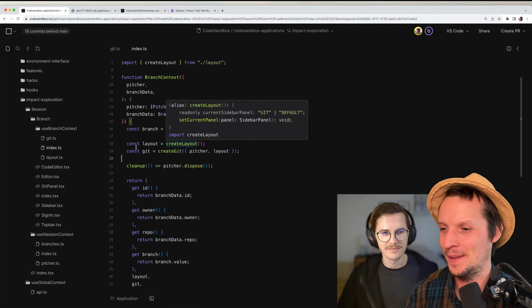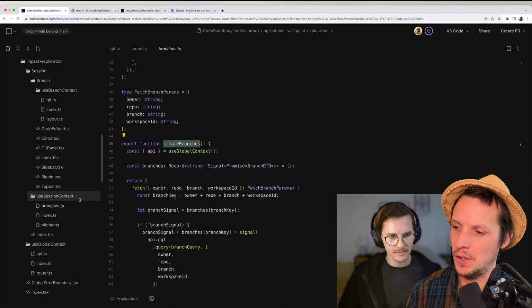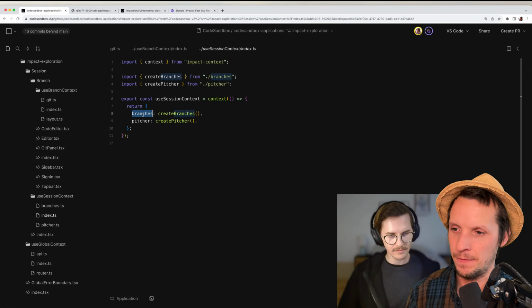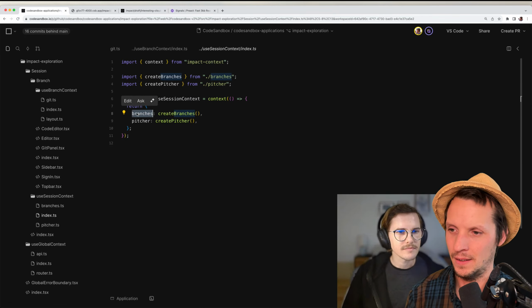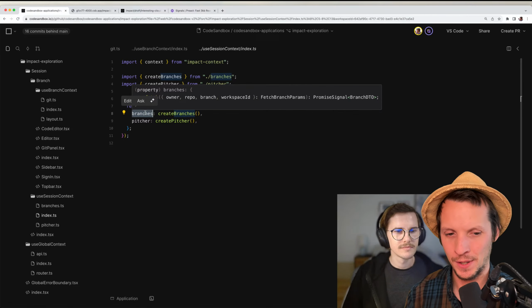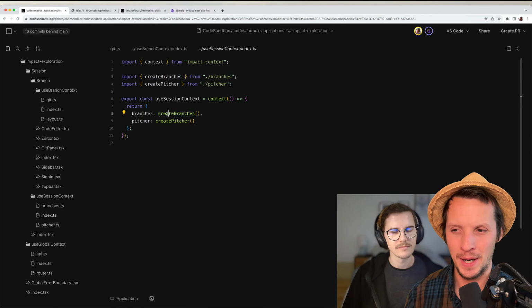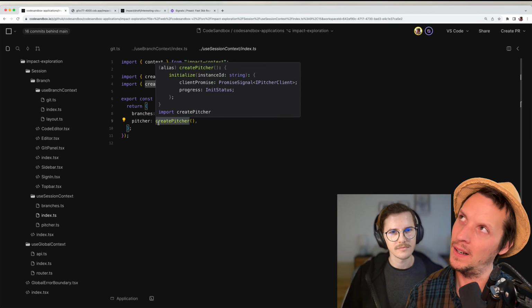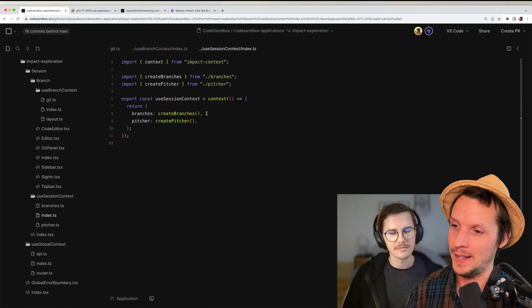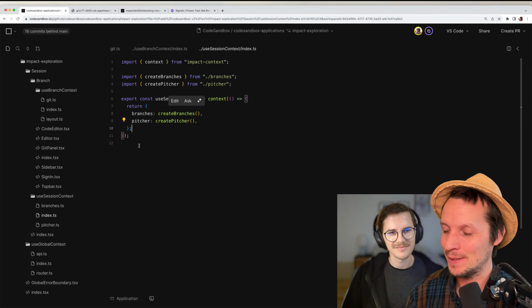Cool. But that's basically what I did. I just refactored those contexts, and I call it create branches. Here I called it branch first, but then calling it a branch conflicted with the branch property coming from a parent component. So then I called it branches, and I was thinking, what does that mean? Does that mean that maybe this isn't a good idea? All these questions.